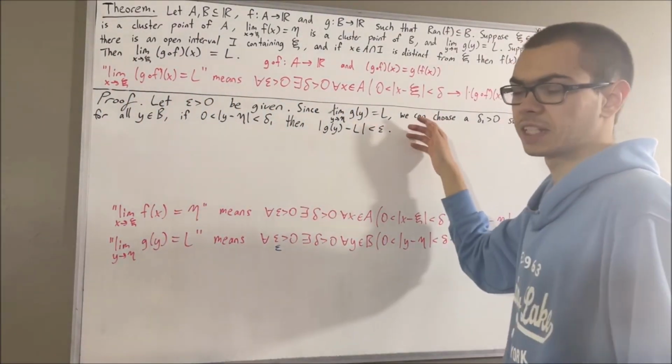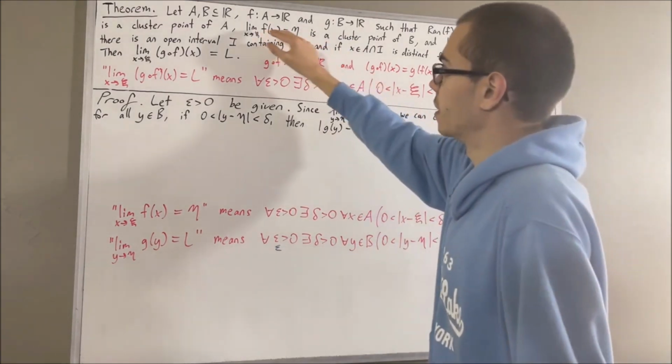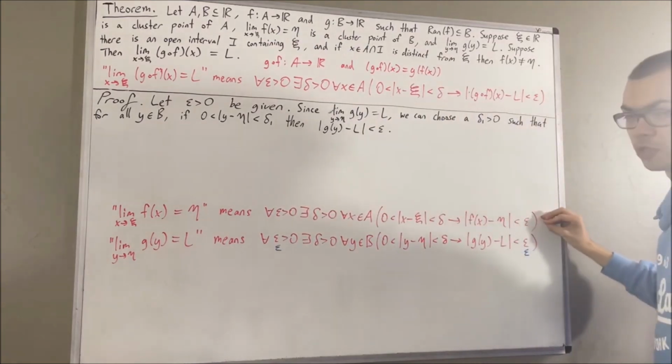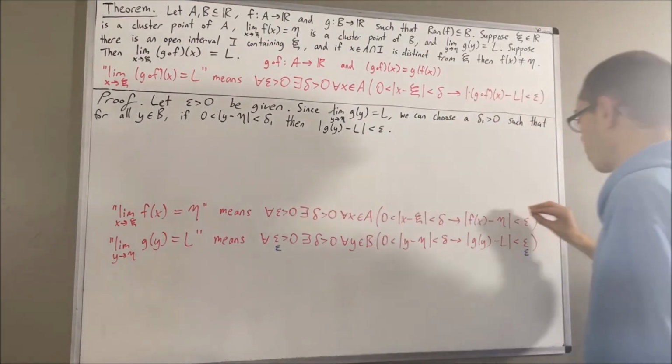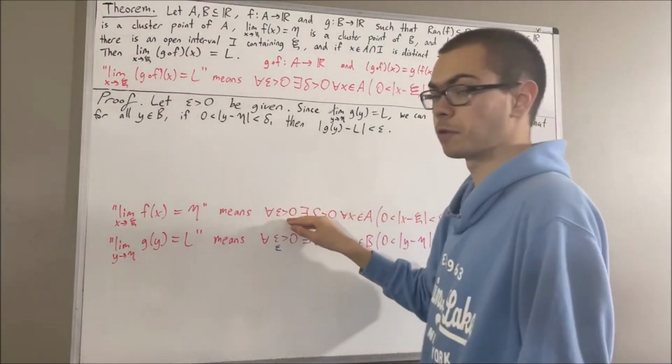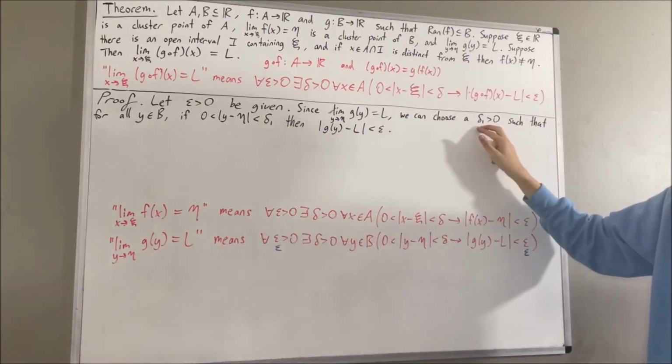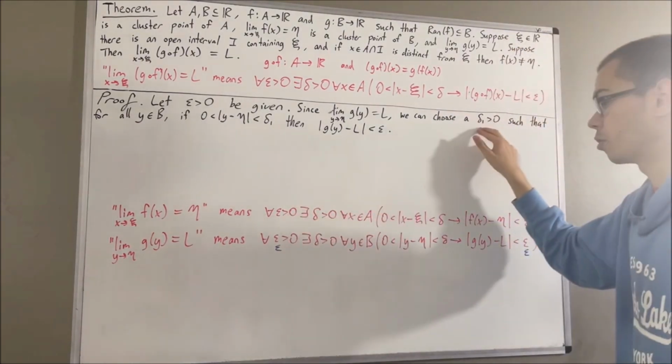Right, so just like that. And also, since this limit is true, this means we are given that this first statement is true. And this first statement works for every positive real number. So in particular, it must work for the positive real number delta 1 that we have in our proof. So taking epsilon to be delta 1,